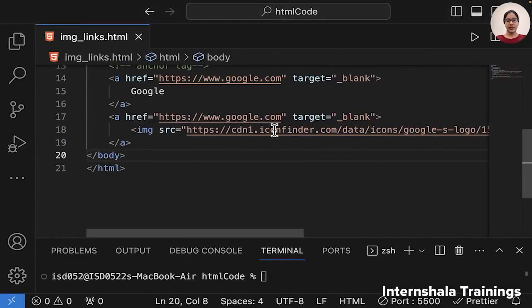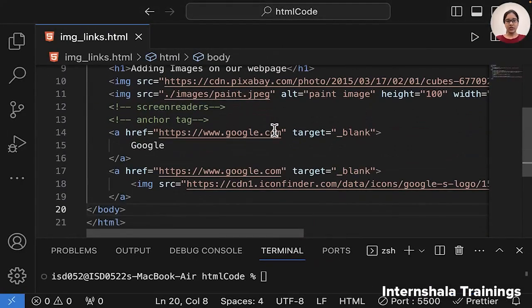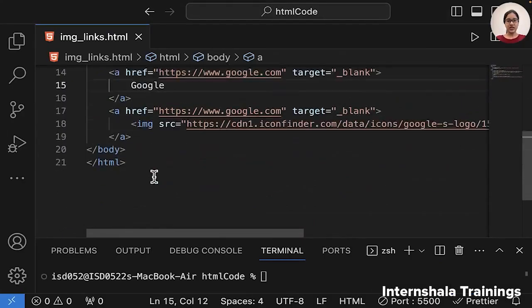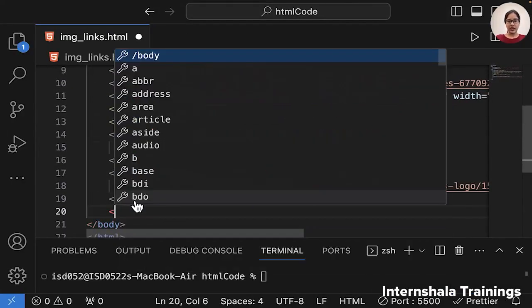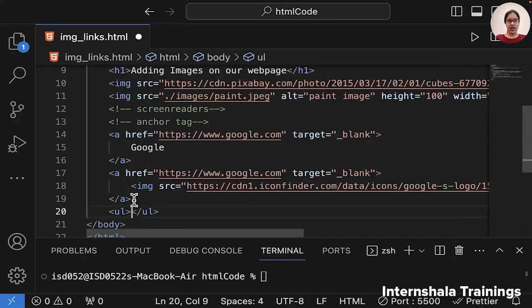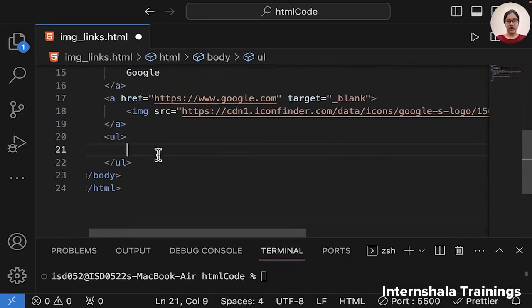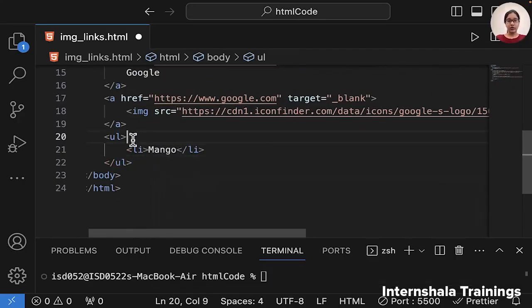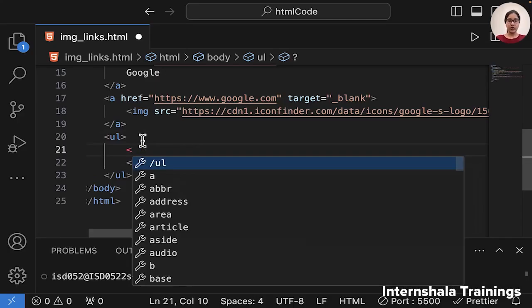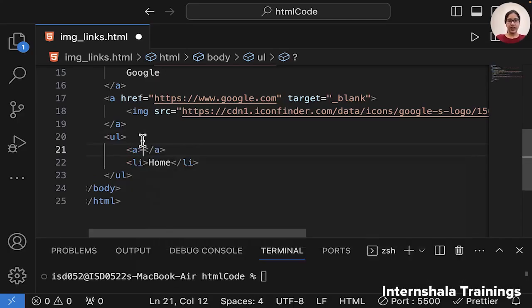Okay. So that means you can add links to your images, you can add links to any text, even inside any list, anywhere. Suppose you have any list, as we have learned lists in the previous videos, we have unordered list and ordered list. And let's say I have mango, or let's say it is a home page, and here I want to add a link to this.